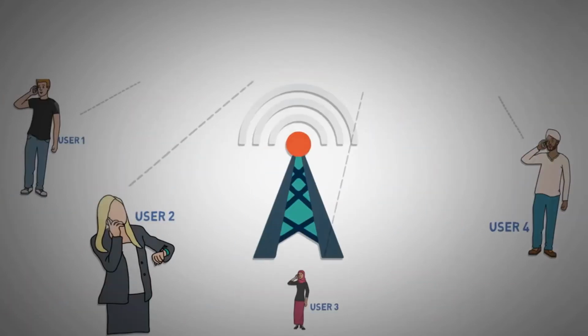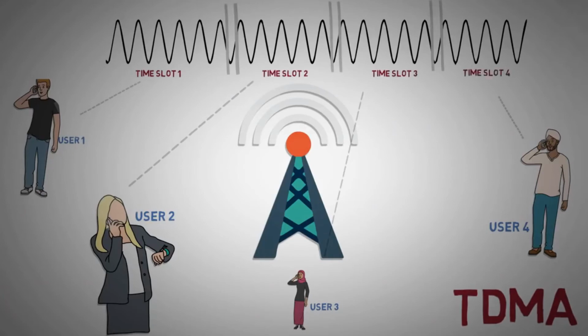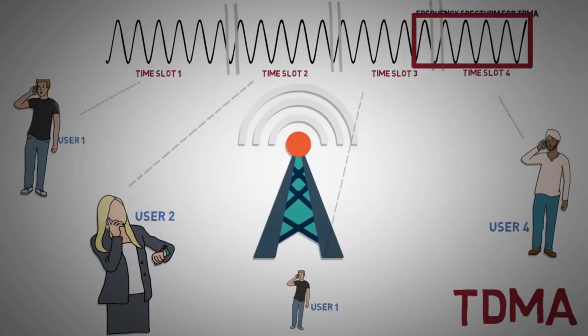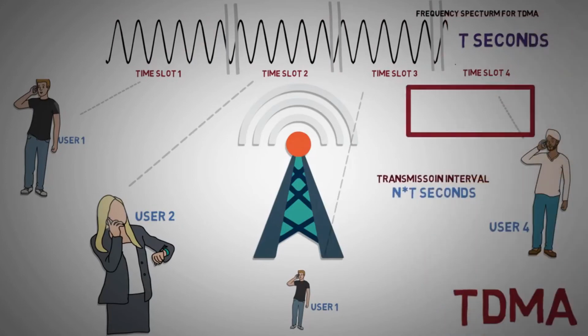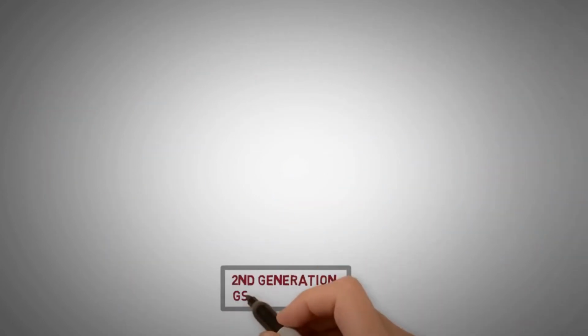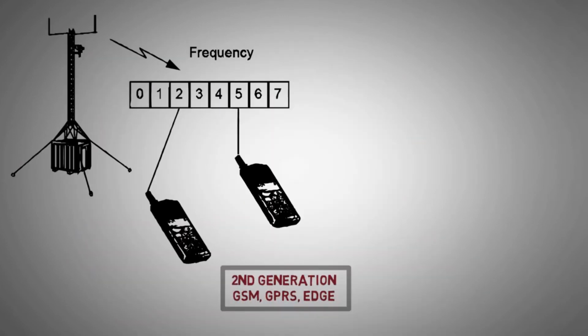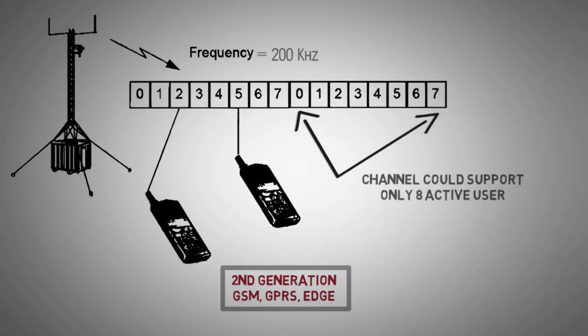30 kHz. TDMA, which uses time division multiplexing, allows multiple users to share a common frequency band by allocating different time slots. Thus, in an N-channel TDMA, where each channel is given a time slot of T seconds, signals coming from each user will be transmitted at intervals of N into T seconds. This technology was used in the 2G systems like GSM, GPRS and EDGE. Each user was provided one of 8 TDMA slots in a bandwidth of 200 kHz. Dynamic resource allocation meant more users could be supported, but each channel could support only 8 active users at a